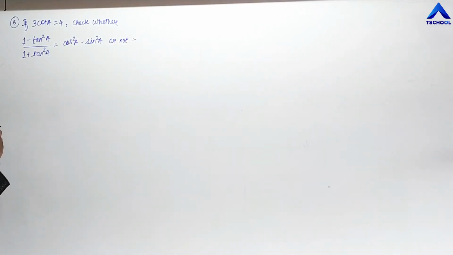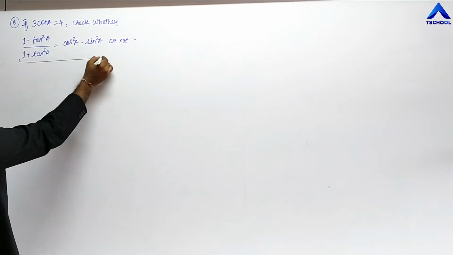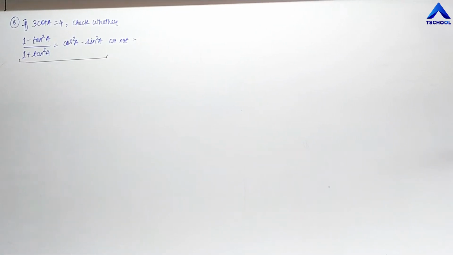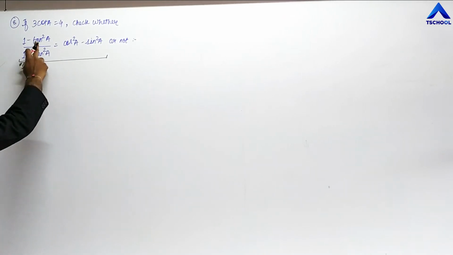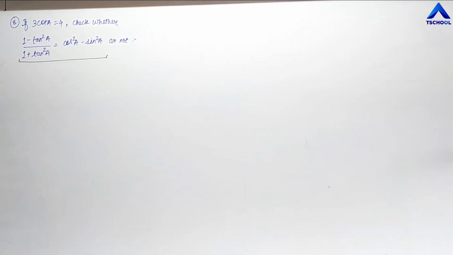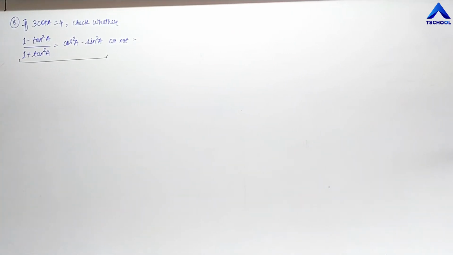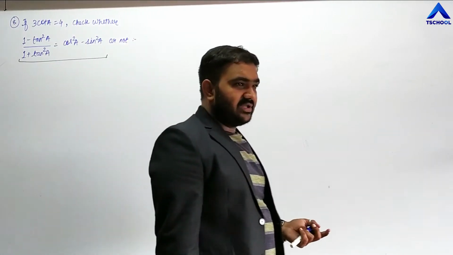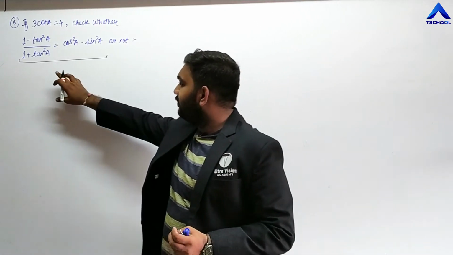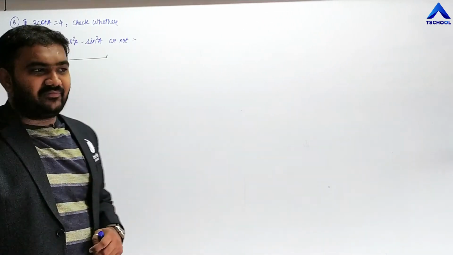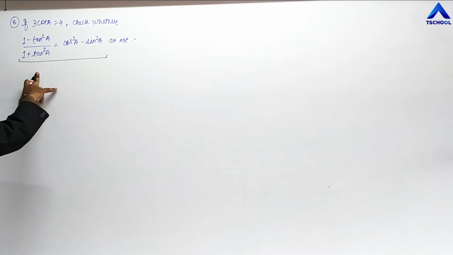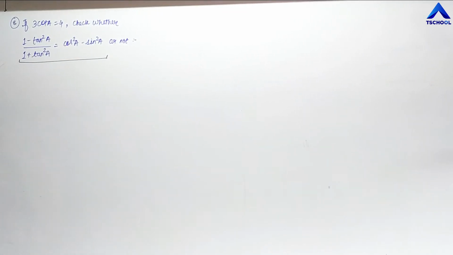So let us check. First of all friends, as you can see, this is the question where you are having three different functions. One is tan A in both the numerator and denominator. Another one is cos A and the third one is sin A. So friends, you need to find out the values of all these three functions and then you can check, because we can only verify this by putting the values of tan A on the left side and cos A and sin A on the right side. So first of all, let us use the trigonometric ratios to find out the values.